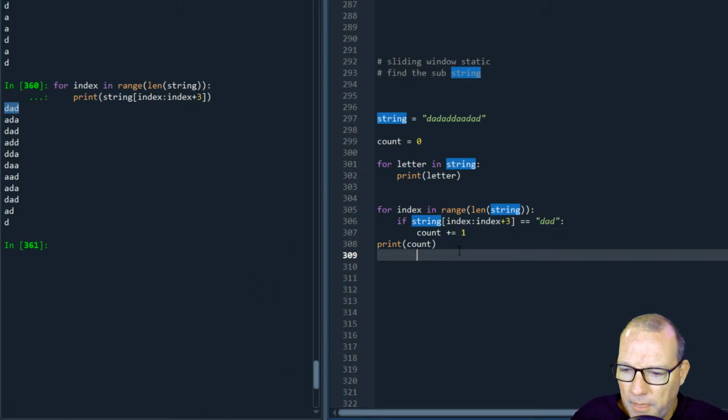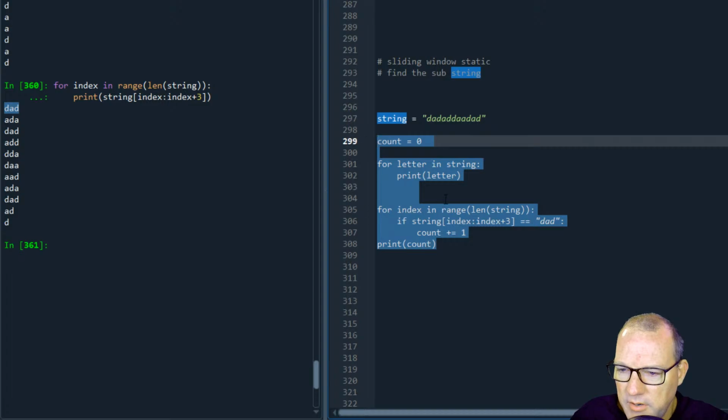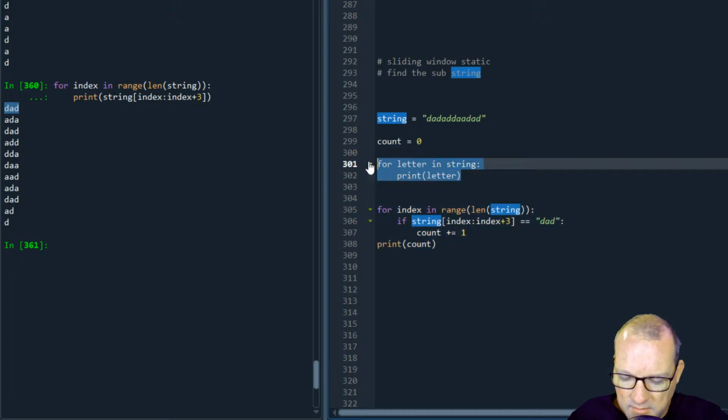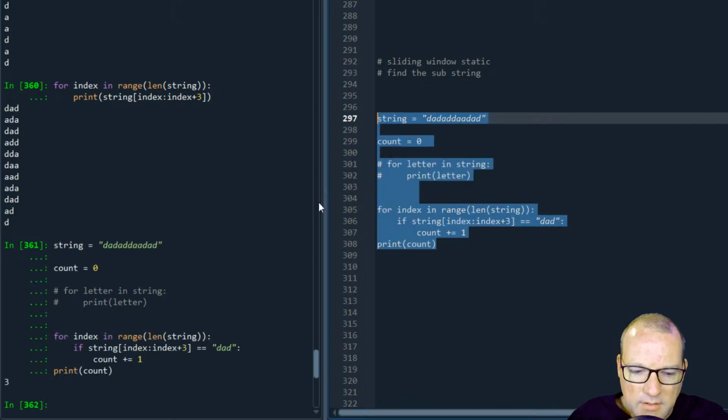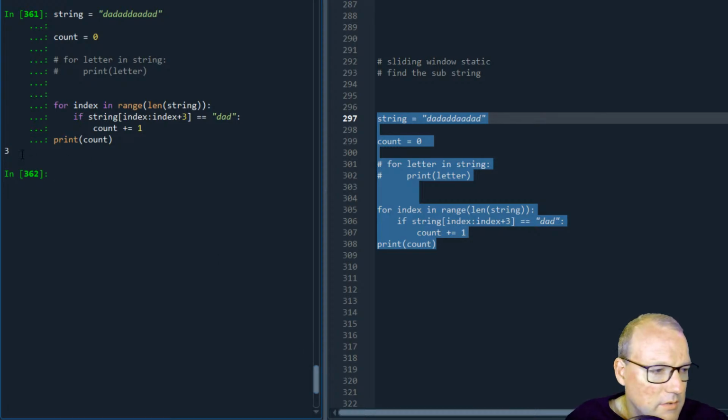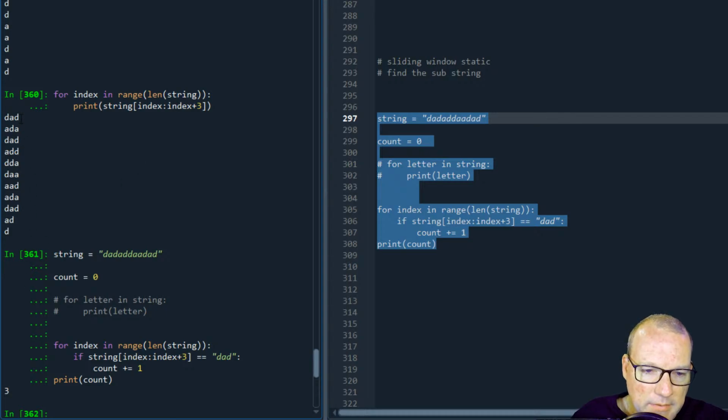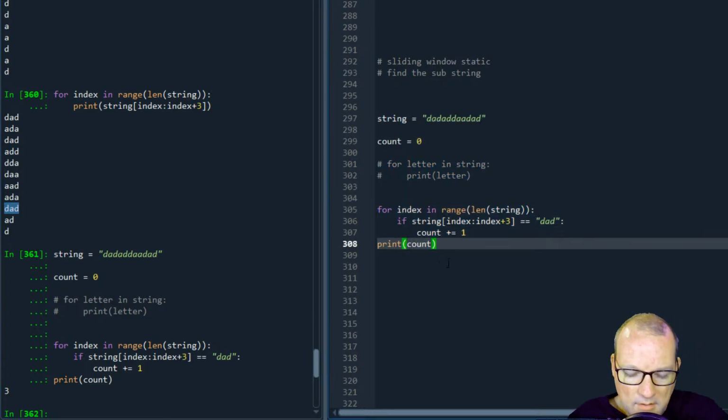so now let's run this. We can comment this out. We don't need that, but we need the rest of this. So F9 this, and here we go. So now, perfect example, this is working exactly like we were expecting. So dad, and dad. So the occurrence of dad, let's do this. We found